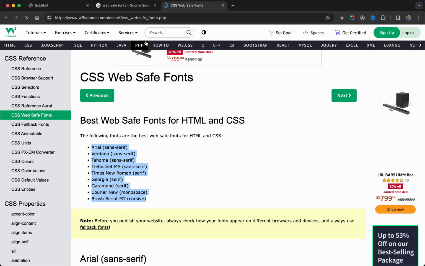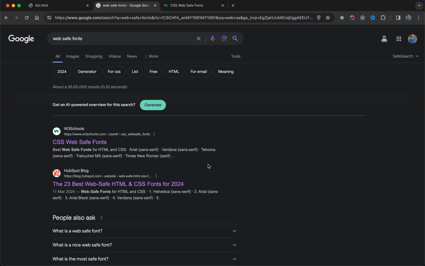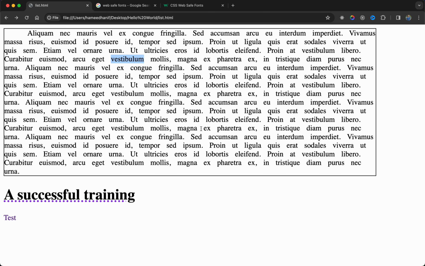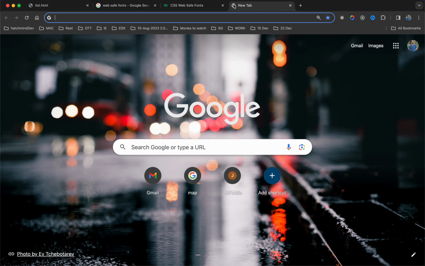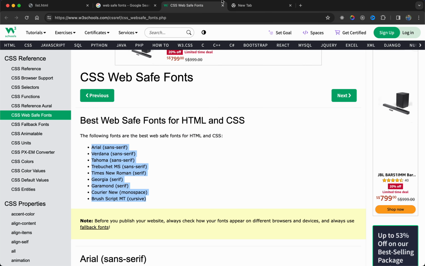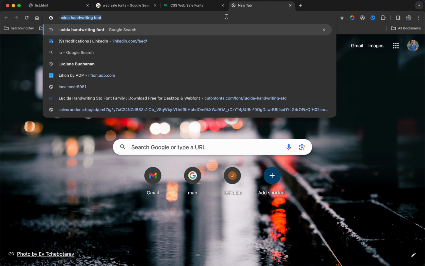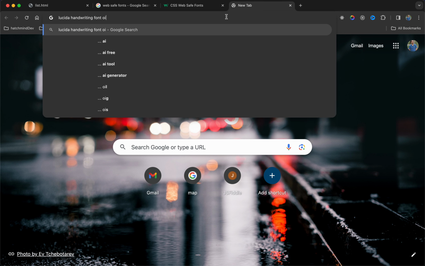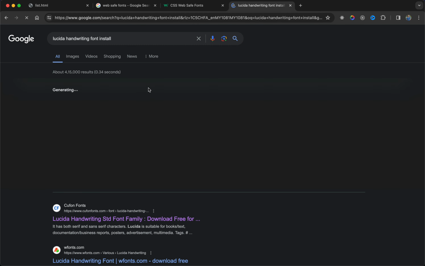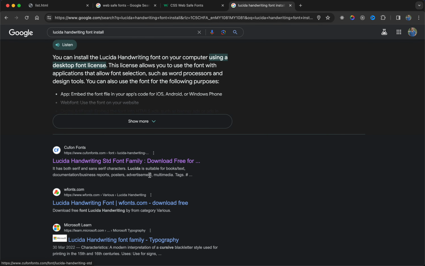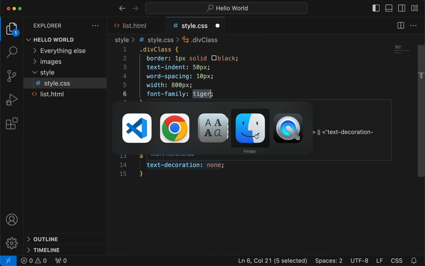These are all web safe fonts, meaning these fonts will work in Chrome, Mozilla Firefox, Safari browsers, Windows OS, Mac OS, all that. So these are some of the web safe fonts. Now, personally, I have this page and I can install a font too. Let's say there is a font called Lucida Handwriting. Install. I'll tell you what this install is. Pretty much you can find these fonts and install them in your machine. So when I do an install here,